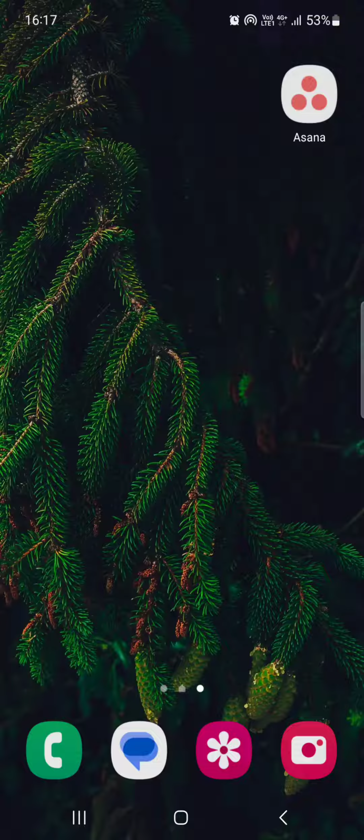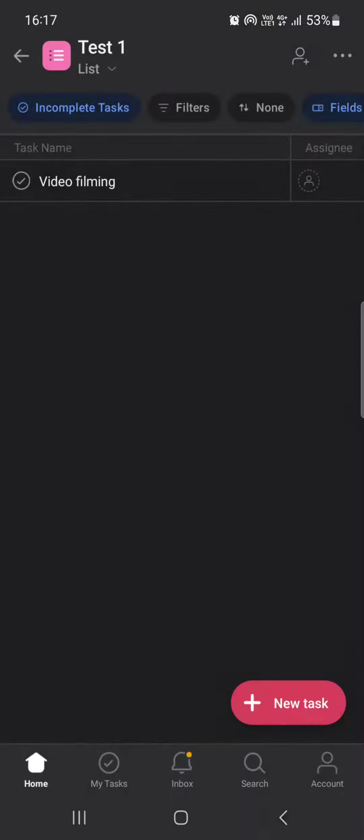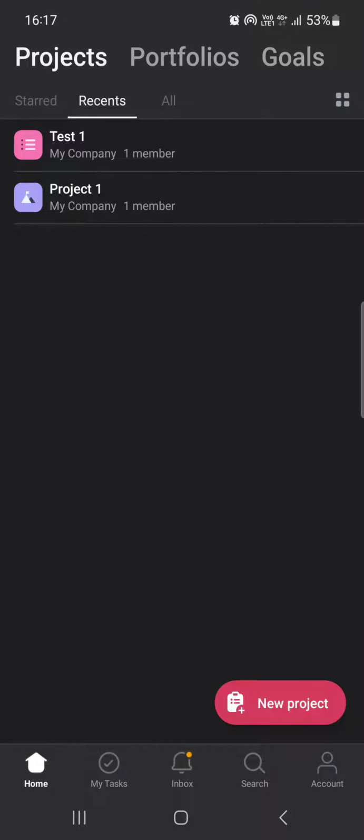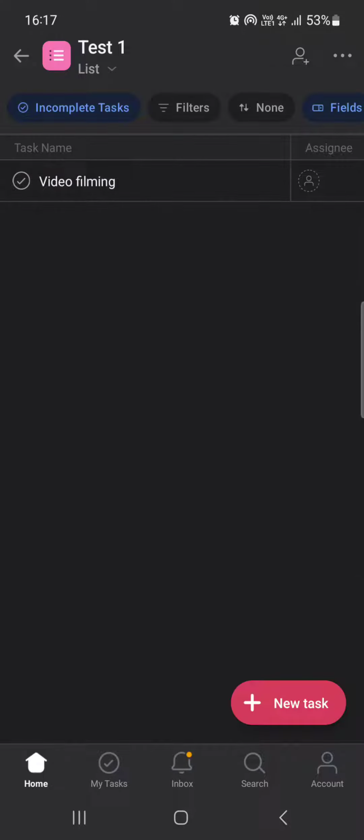So without further ado, let's just jump right into it. First we have to open up the Asana app. And here it opens up in the home menu where we have our projects, portfolios and goals. From here we just have to go into the project that we want to delete. Just tap on it. And then here we are presented with the task list